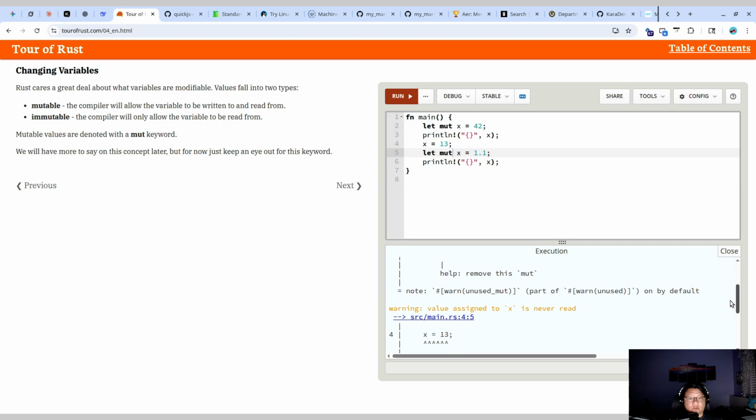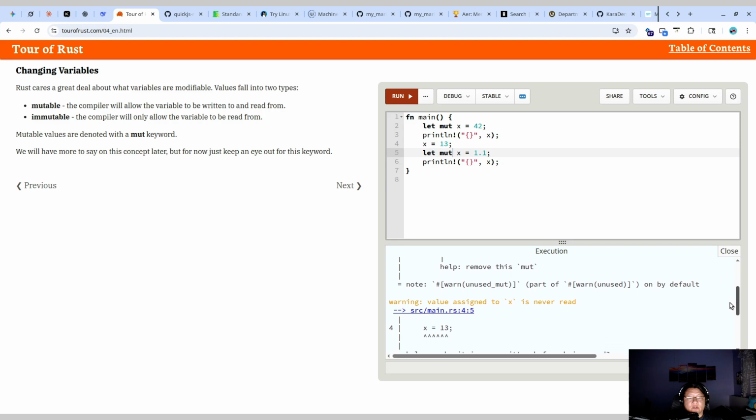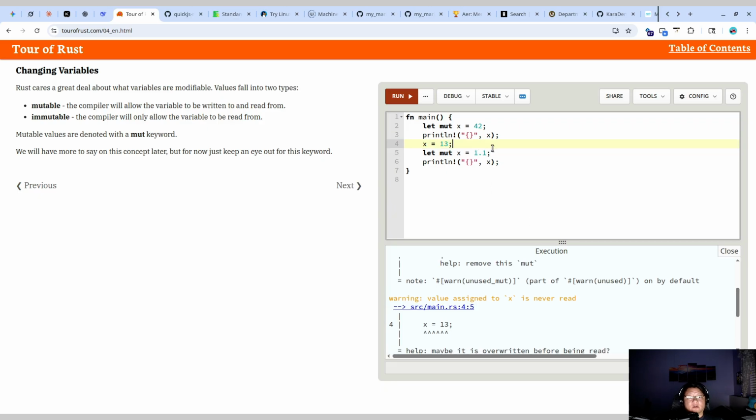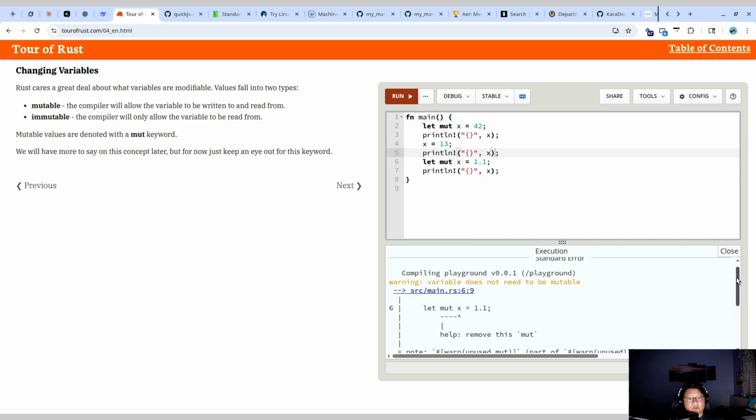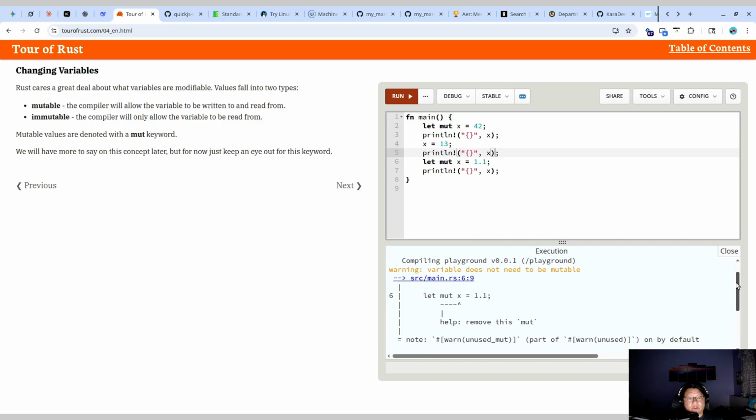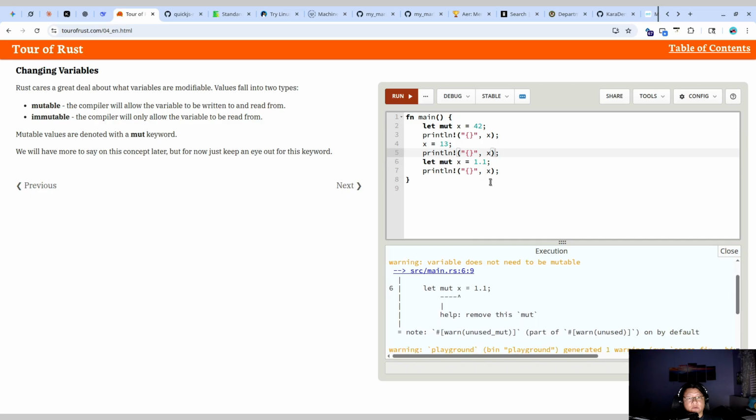By default, warning: value assigned to x is never read. So it's a warning. So let's do it like this again. Still, variable does not need to be mutable. X times equal to